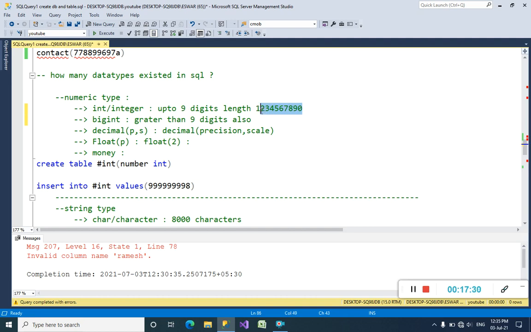If it is a mobile number or an employee number, we cannot insert this value, because it has 10 digits.